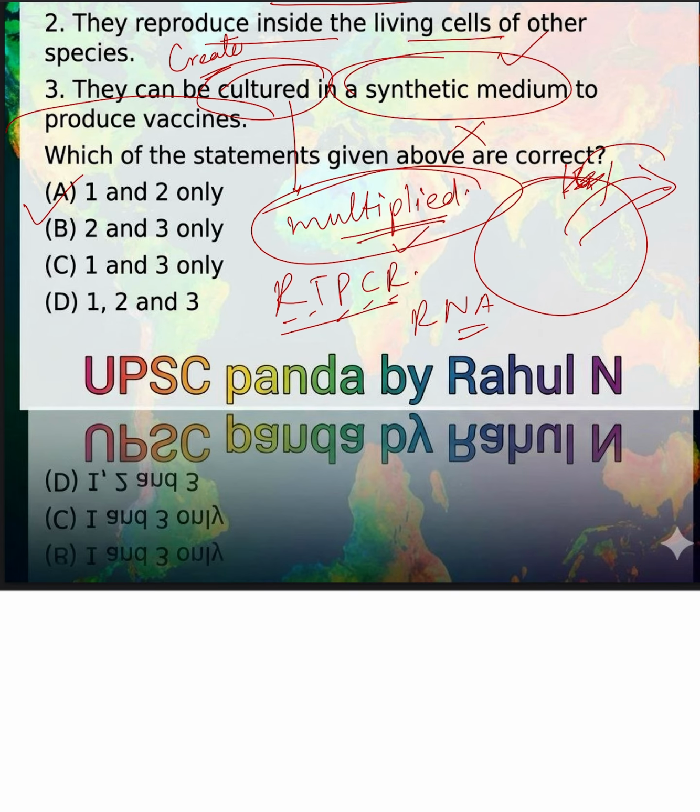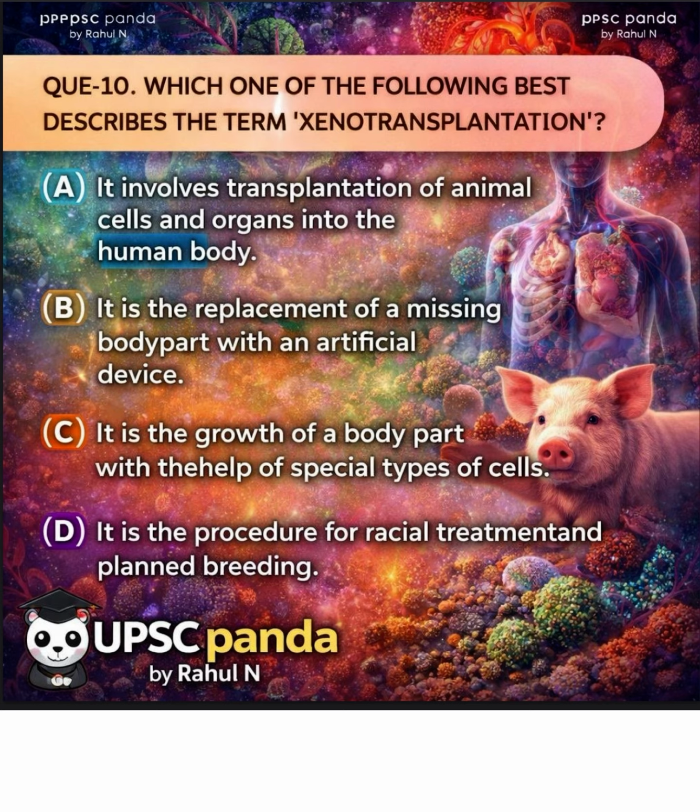This is question number 10 and the last question for the science. This is xeno. Understand, in science you have to understand the meaning of the word, divide it, break it, link with the question. You will with all possibility get the correct answer. Xenotransplantation. See, xeno means something foreign, outside, not within your body. Then transplantation means you are transplanting something. Now read the statement.